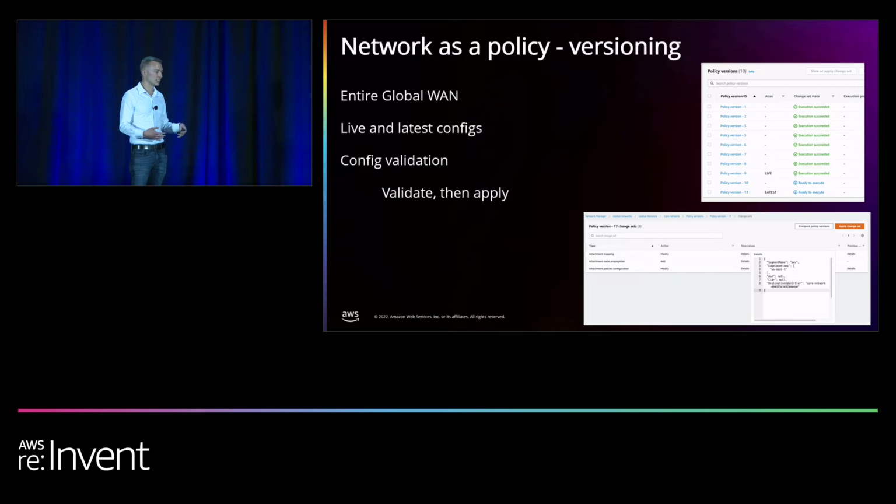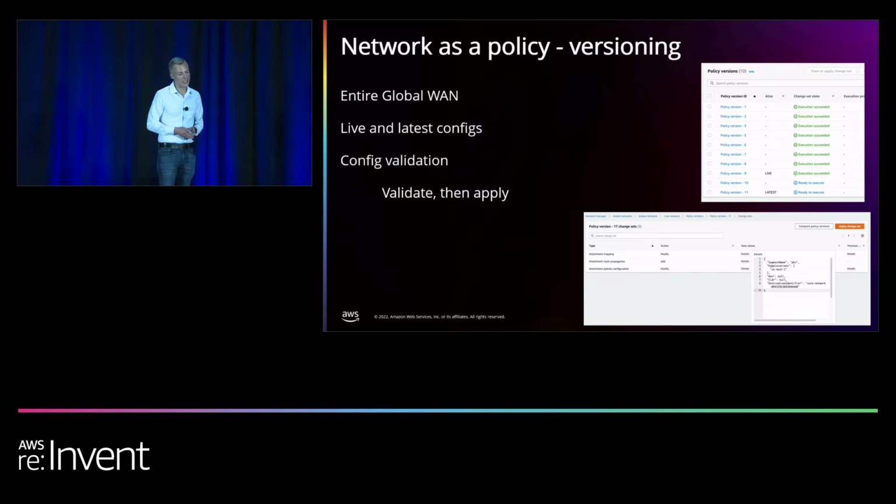Another nice thing is the control plane is all public through APIs or the console. So if you did make a change that caused some bad things to happen, you could roll it back quickly without having access to those regions or routes that it controlled. There's also a validation built into the console and CLI where we'll check to make sure the document is valid, the JSON's formatted properly, and that there's no conflicts in it.